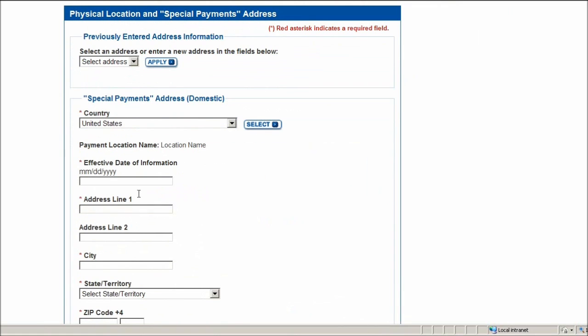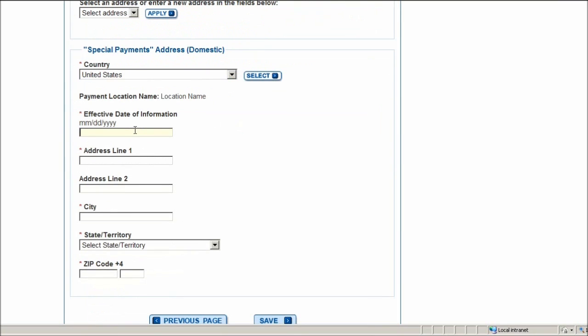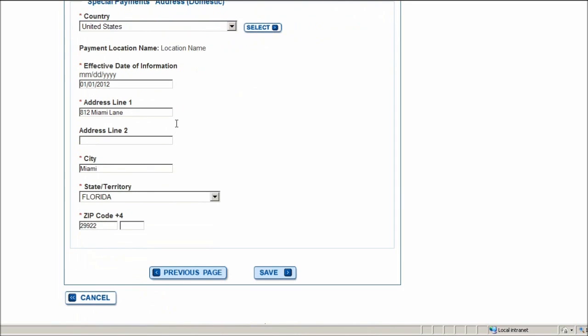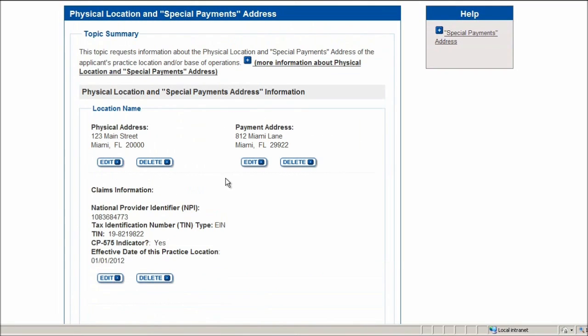Now we want to collect the special payments address. Once I've completed all this information, I'm ready to click Save. As you can see on the physical location and special payments address summary page, it displays all the information that